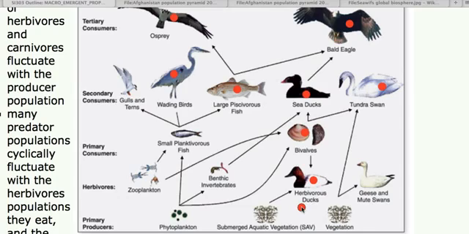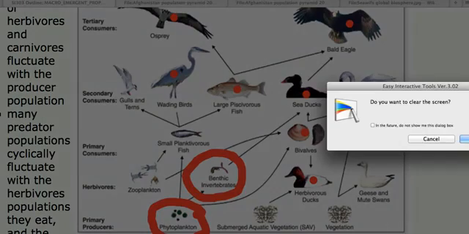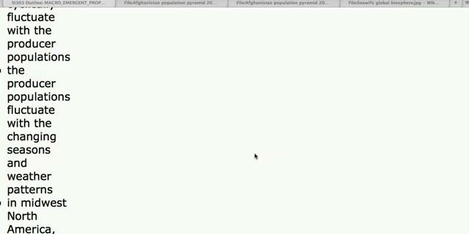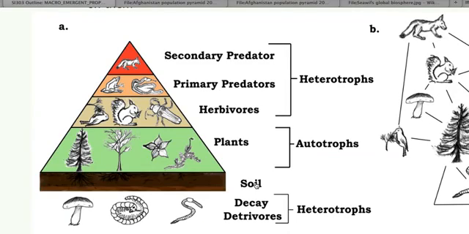The important thing to note is that there's always far more producer than there are consumers feeding on them. In fact, there's 90% more phytoplankton than benthic invertebrates. The general rule on Earth is there's about a 90% loss of energy in the transfer between each step. So as a result, you will always have more animals at the lower parts of the food chain than you will at the higher levels in the food chain.